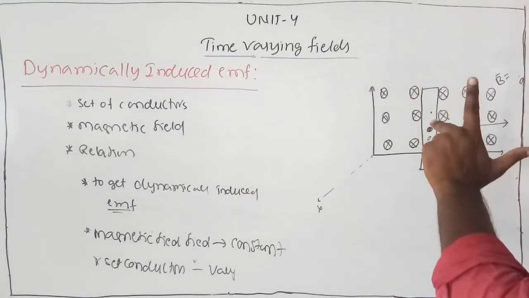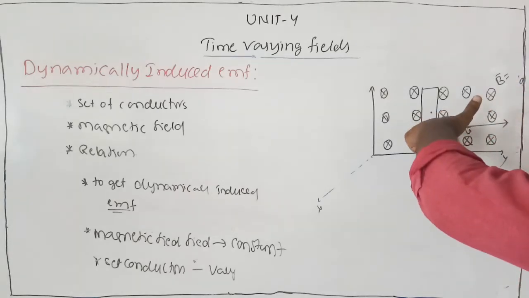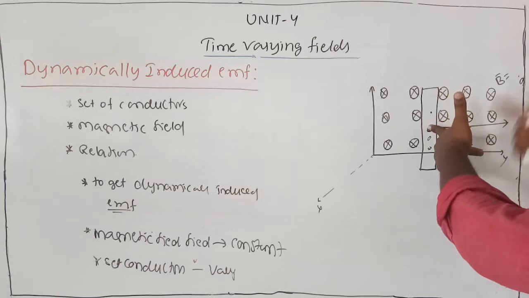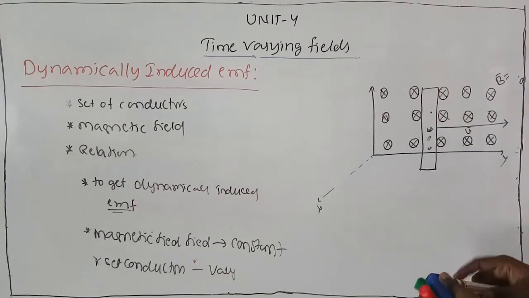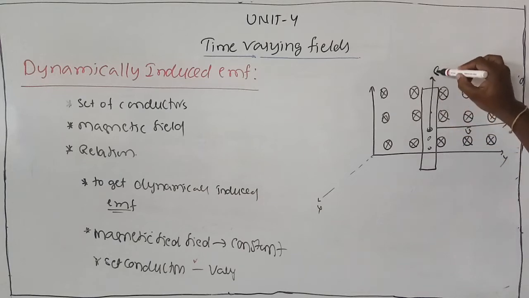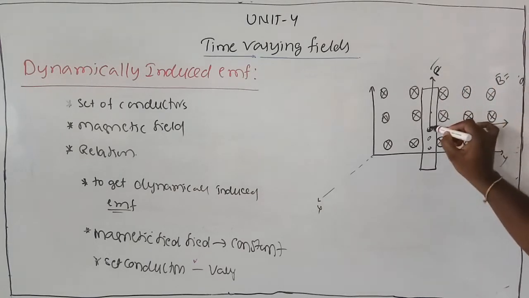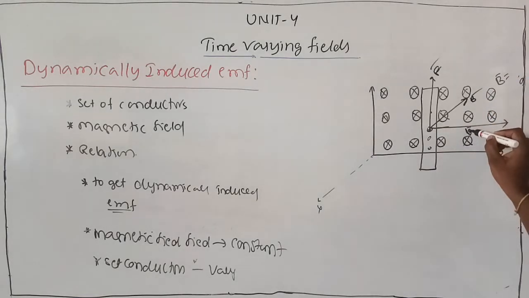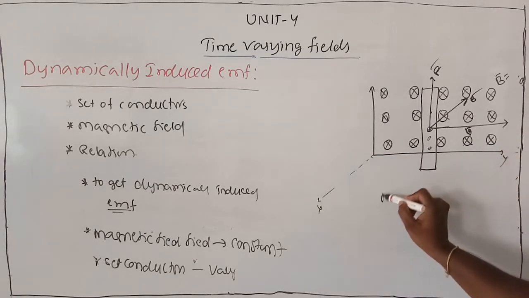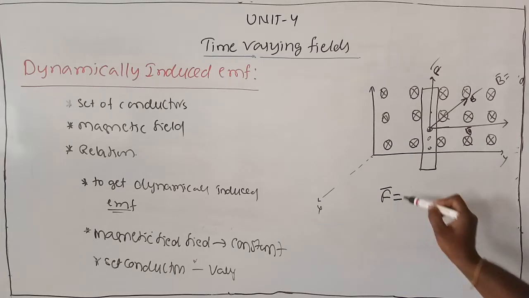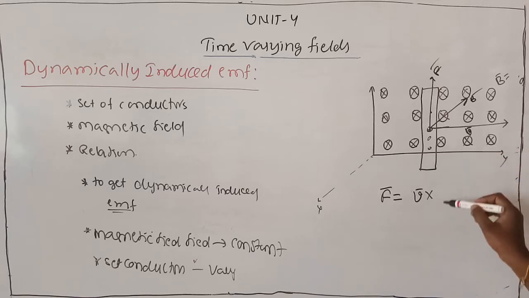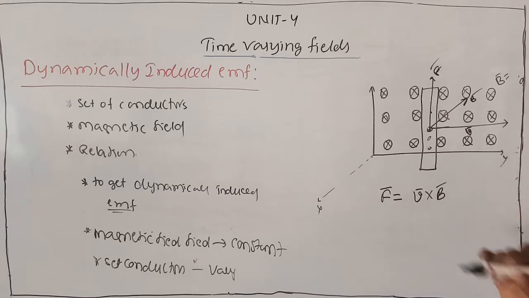According to Fleming's left hand rule, the forefinger indicates the magnetic field direction, this is the charge direction, and the force is in the upward direction. This is the force. The magnetic field will be in the negative x-axis direction, and the induced EMF or the charge motion is in this direction. Now the force experienced on the charge will be written in terms of the velocity of the charge and the magnetic field, V bar cross B bar.